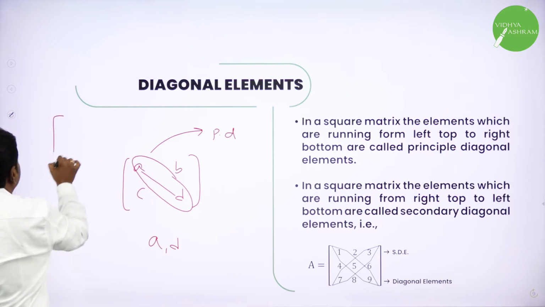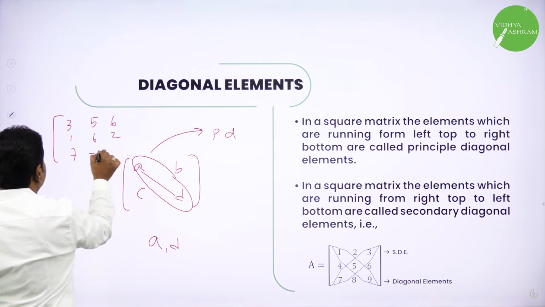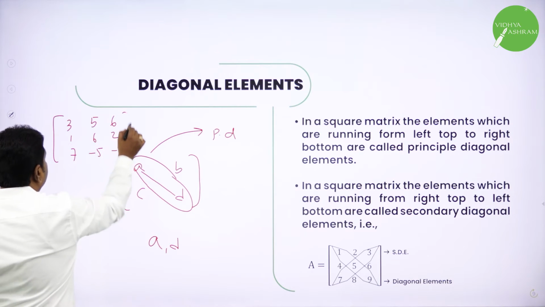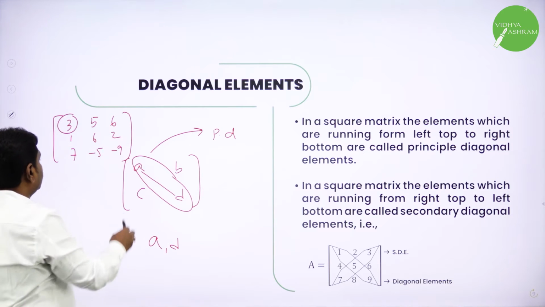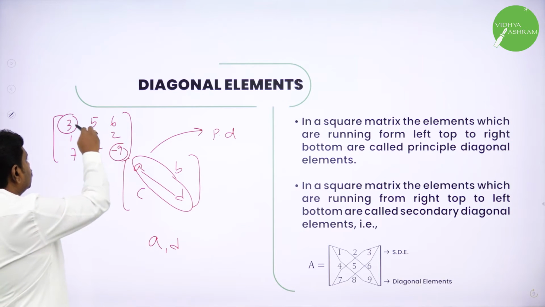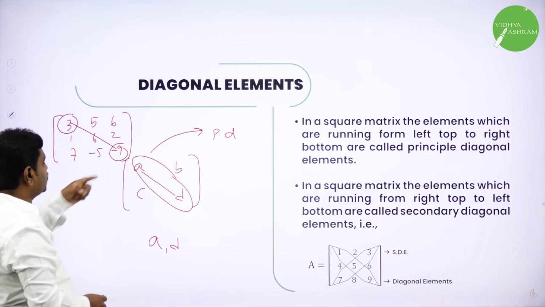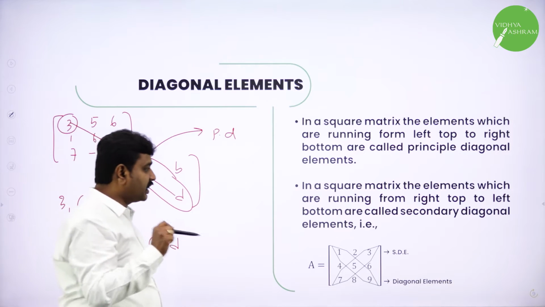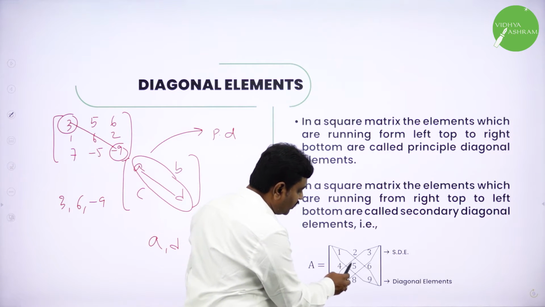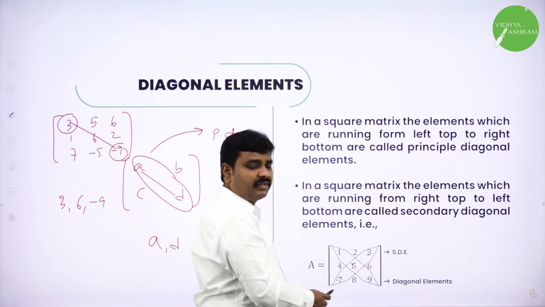Suppose I write 3, 5, 6, 1, 6, 2, 7, minus 5, minus 9. The elements joined from the first to the last diagonally make the principal diagonal. What is the principal diagonal? 3, 6, minus 9. If I say diagonal, then this is the diagonal. Here 1, 5, 9 is the principal diagonal and 3, 5, 7 is the secondary diagonal, but we will never use